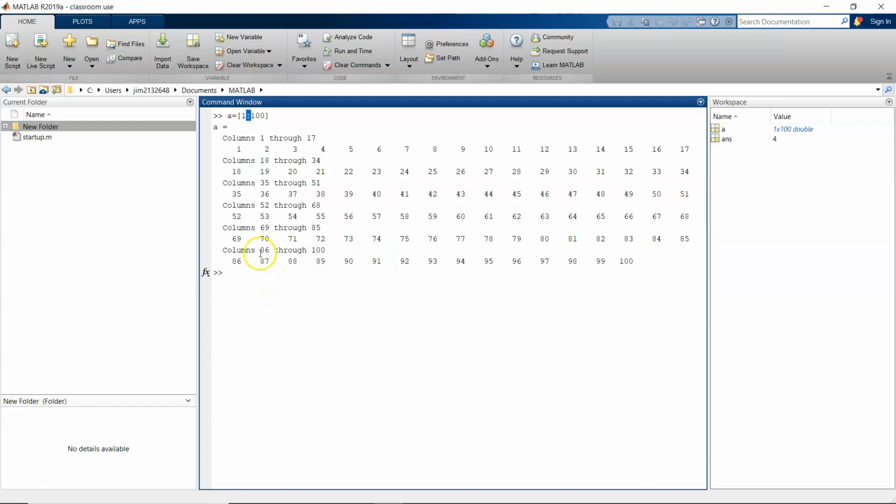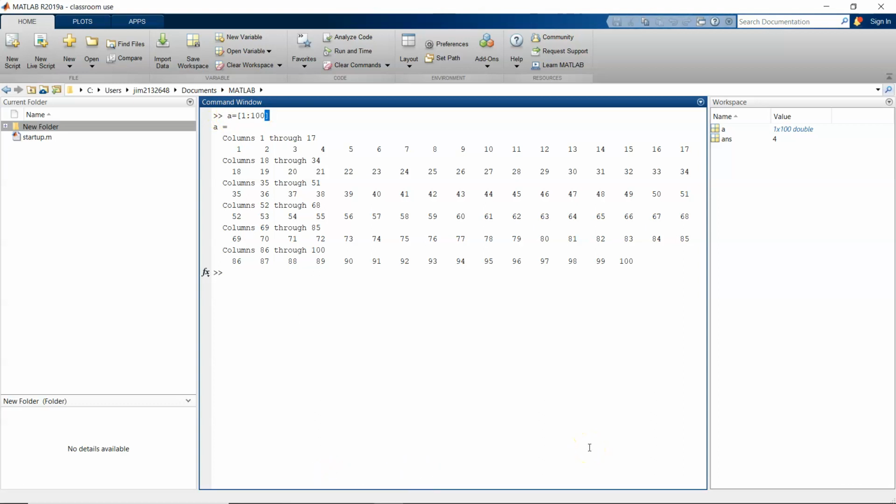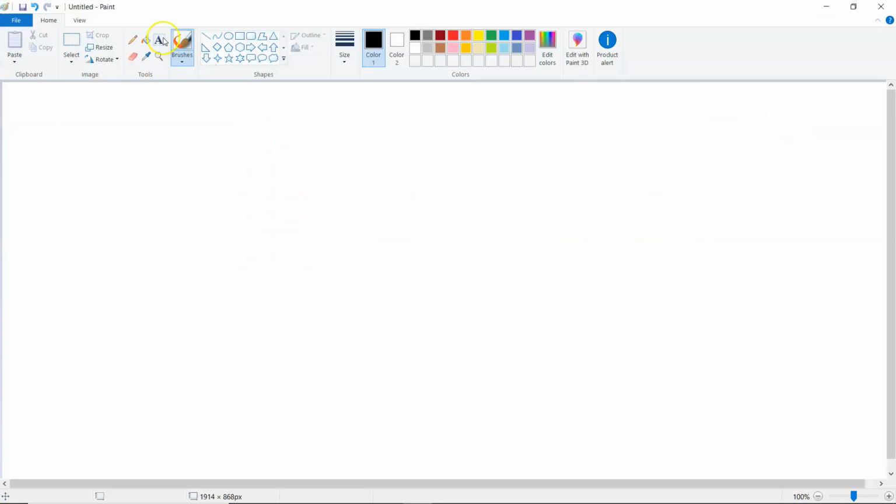Okay, carrying on. The colon symbol is just a symbol that lets you do a list. And then you end with a square bracket. So it goes start, step, stop. So the colon mark